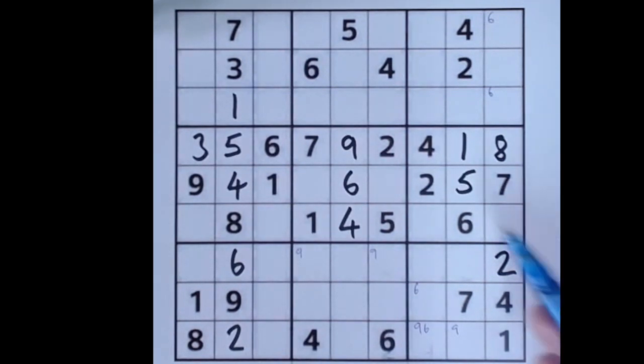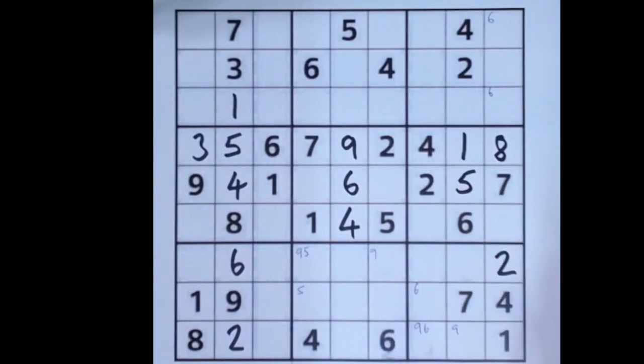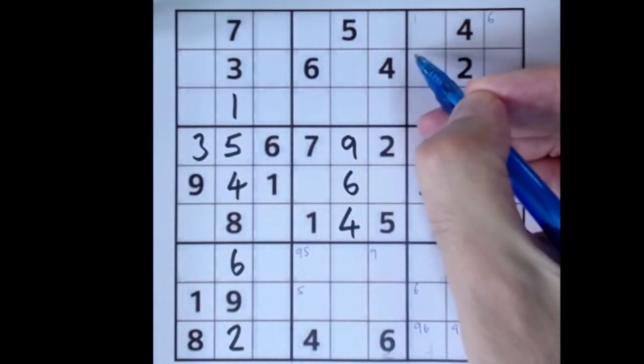Or we could have just looked at it like this. 6 blocks this square, and in this column we don't yet have 6, so we need it, and it's just blocked there. So, you know, many ways to look at Sudoku puzzles. Usually 5 in this column down here, 5 down here gives us a pair here and here. Or 1 in this column, 1 in this column, 1 across this row, as I kind of thought about earlier,